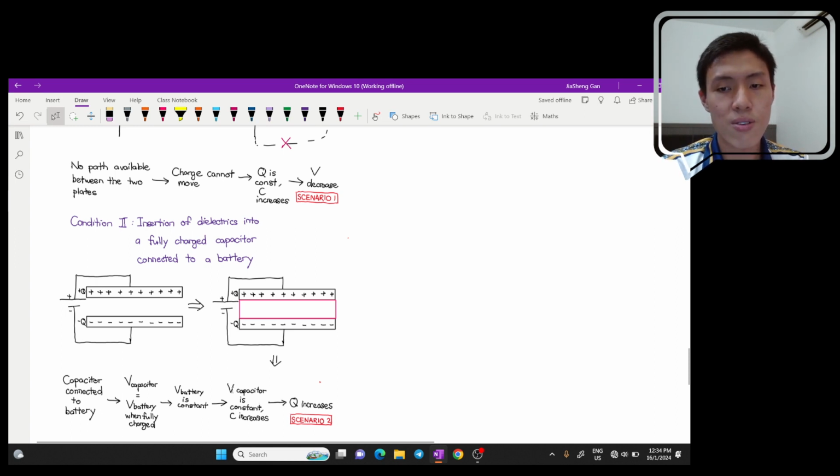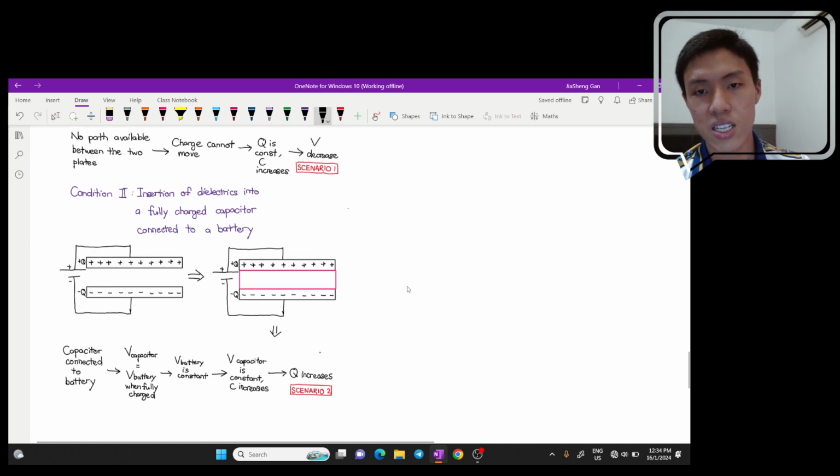So the V battery does not change because we are connecting it to that same battery along the way. That means V capacitor must be constant. When you fully charge it, you will have to go back to the same value, which is the potential difference across the battery. So V must be constant. So if V is constant and C increases, let's go through the same process again. Initially, you have C naught equals Q naught over V naught. If you insert your dielectric,